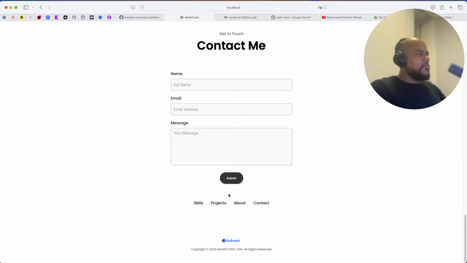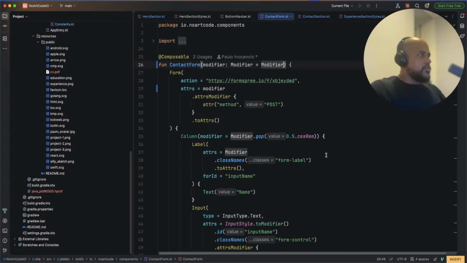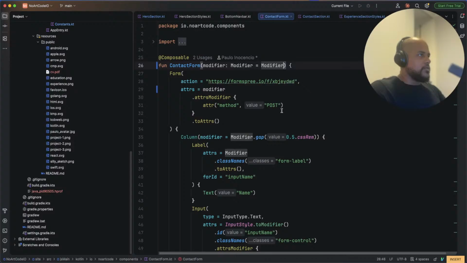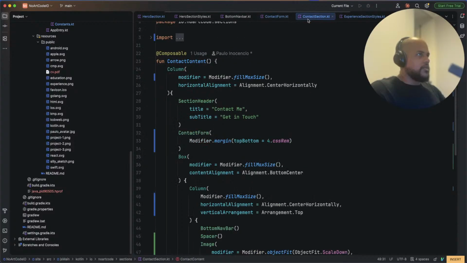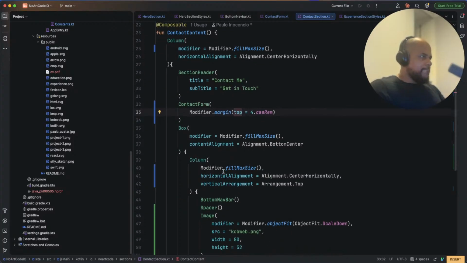I'm not gonna use this margin. It's not here. Only top. It's just only top margin, and here instead of